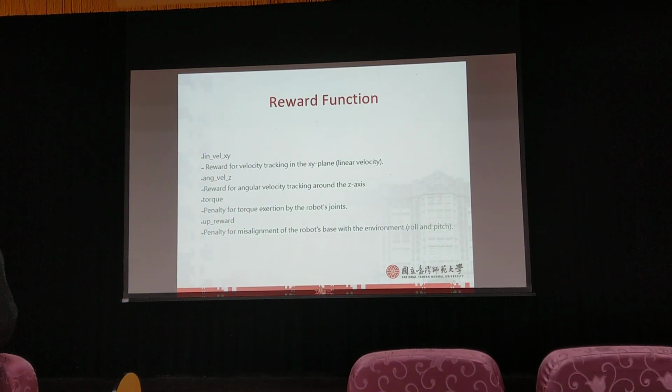Okay. You list this item as the reward function. What is the total function of this angle or reward or penalty? I mean, which reward is most significant? Which one is minor? For the linear velocity and angle velocity, the torque and up reward is good for the training. Yeah. And for the other one, the air